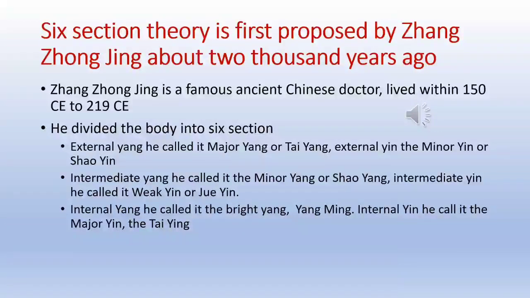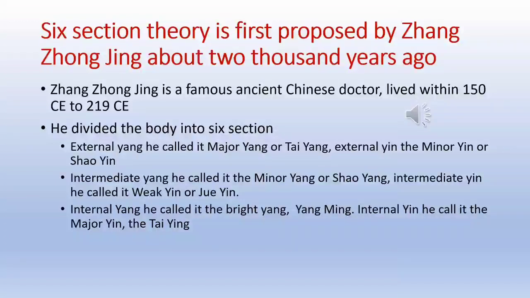Zhang Zhongjing is a very famous ancient doctor, and he wrote a very famous technical book called Shang Han Lun, the thesis on harmful disease. And until today, his book is still the textbook for TCM, traditional Chinese medicine. So Zhang Zhongjing lived around 150 to 219 CE during the Roman Empire times, and he divided the body into